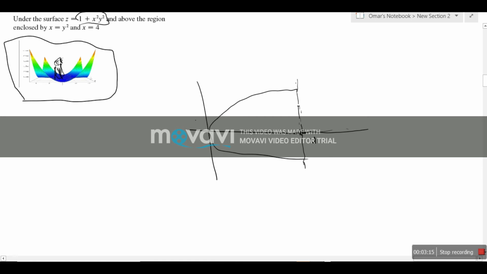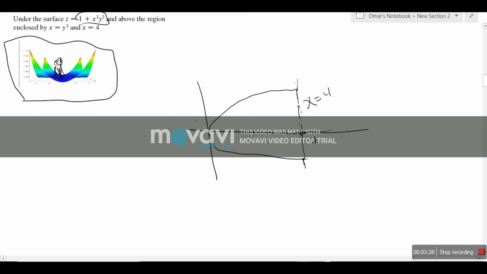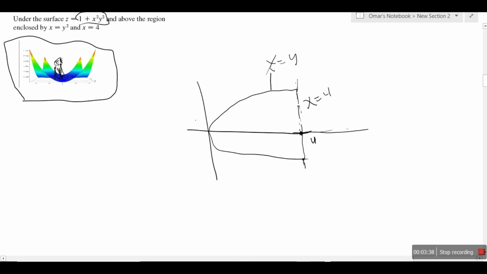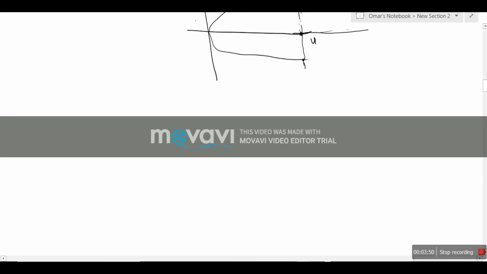For now, we're gonna have this be x equal 4, and this will be x equal y squared. Now, to set up our integral, though,